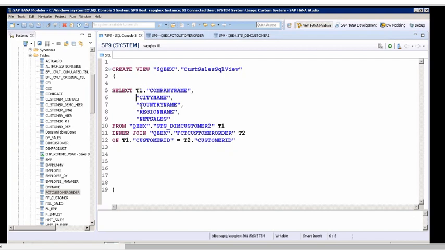What about this city name? City name is also from STS dim customer, where the alias name is T1. I'll say T1 dot. Then country name, T1 dot. Net sales is from the fact table, and for this table what is the alias name? T2. Okay, boss.